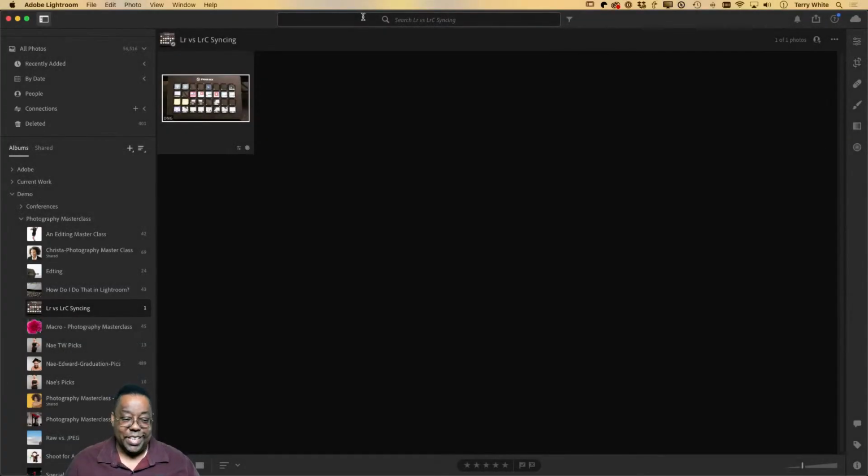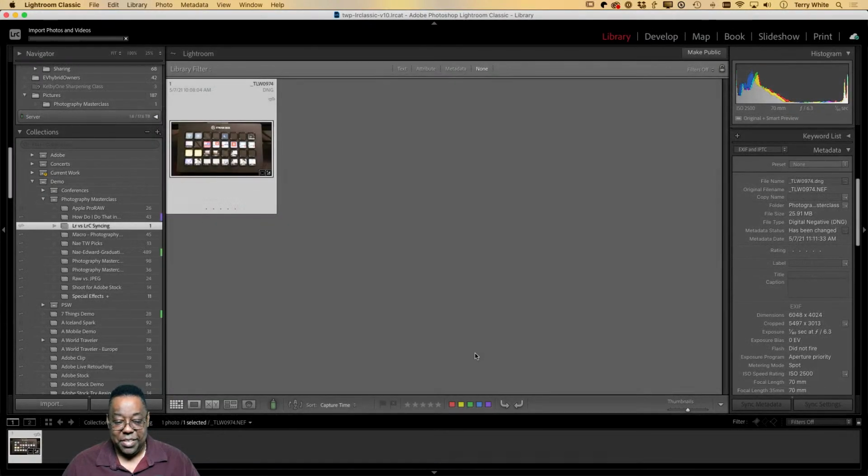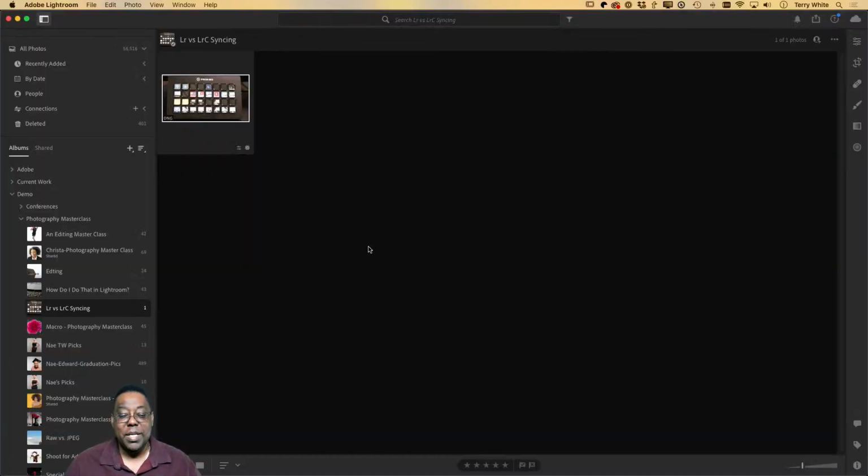And one thing that you noticed in Lightroom Classic is the minute you put a card in, if we go back to Lightroom Classic, it says, oh, you want to bring some stuff in again? I'll bring it up, and there's the new photo. I'm going to say cancel. I'm going to go back to Lightroom. Lightroom does not automatically bring up that window. It does not bring up any window at all automatically.